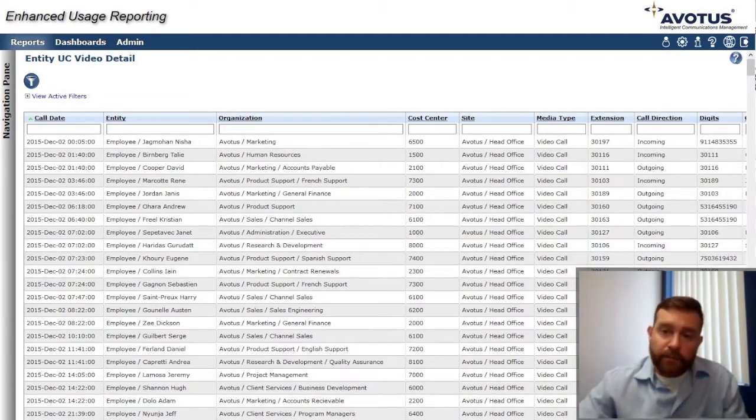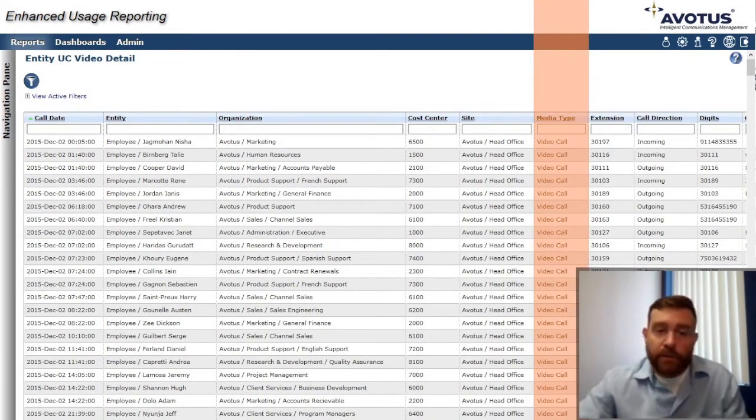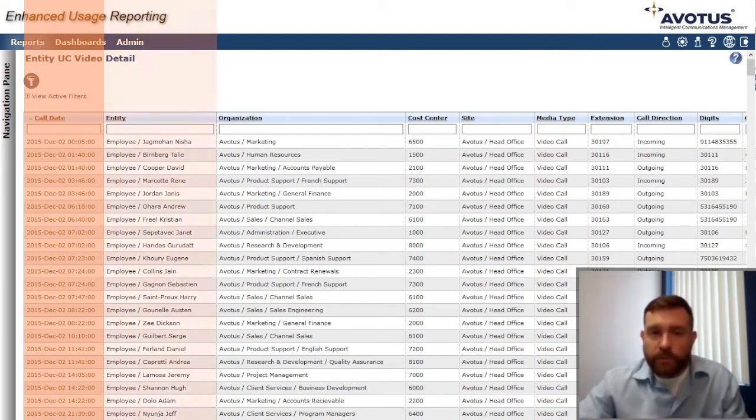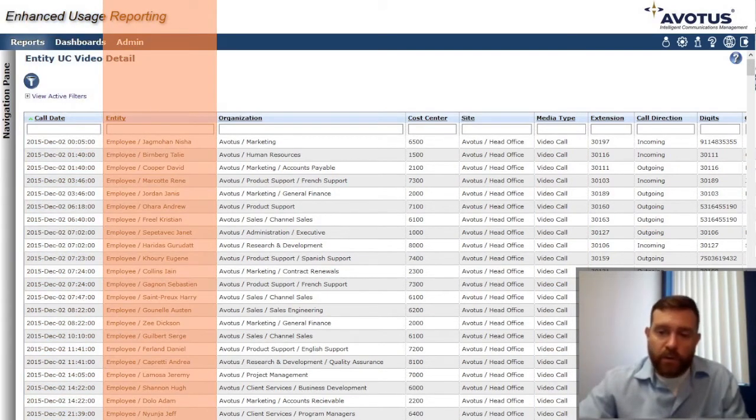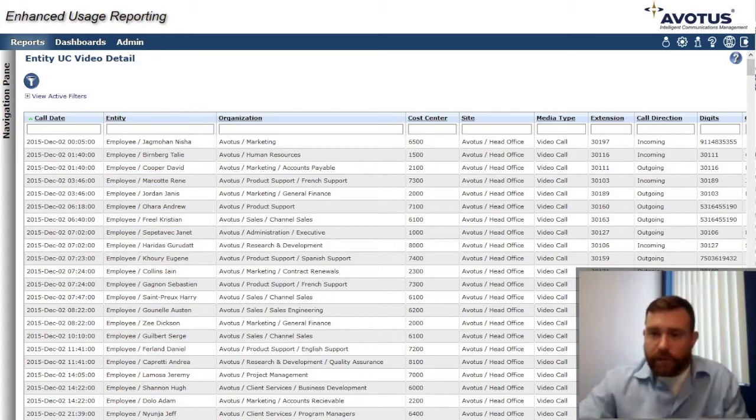Similarly, I can dig into video calls in the same way. I can see dates, times, durations, who the users were that were engaging in those video calls. I'm going to scroll it over to the right a little bit here. I can even get an indication if that call was successful or if it failed. And if it failed for any reason, we have further reports that will allow you to dig in and try to determine what was the cause of that failure. Was it a bandwidth issue? Was it some other problem? We're actually pulling this information directly from the communications platform and allowing you to report that easily, conveniently,